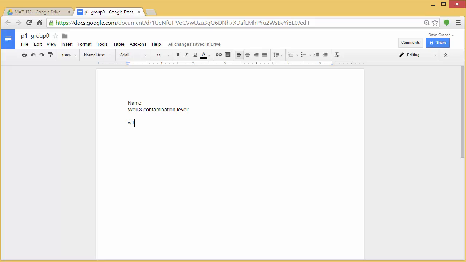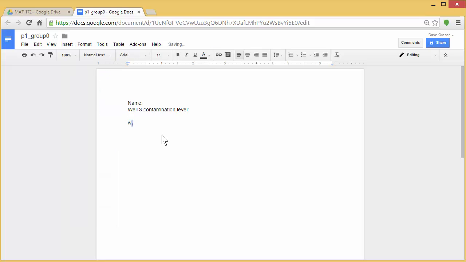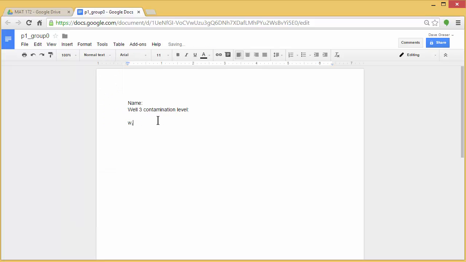but if I want to change it into a subscript, I'm going to click and highlight and then go up to Format, Subscript. So now you can see the little subscript. I'm still in that subscript right now, so let me say Format, Subscript. That'll take it out, and now I can write in the rest of the description for the variable. Amount of water from well 1 in millions of